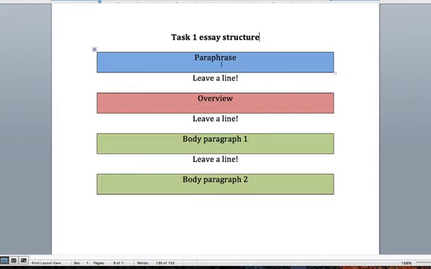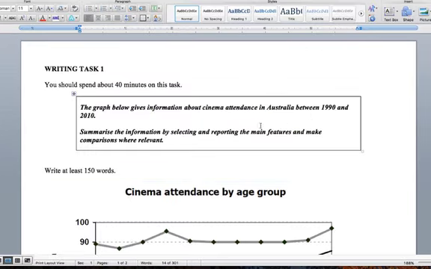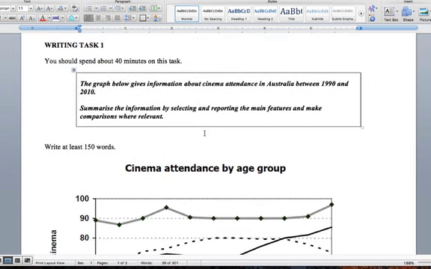Right, so what are we going to do? We're going to look at a couple of questions. For example, this one. These are all official IELTS questions. Please only use official material, as I've said before. There are some crazy task ones on the internet. Be careful of them. Sometimes I don't even understand them. Just use the Cambridge stuff or the IELTS stuff, please.